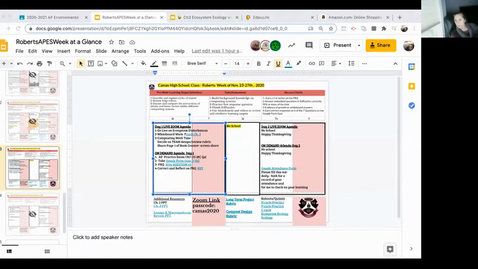Okay, let me find Aiden and Prabjeet. They are room 3. Well, no, they're not. Prabjeet, it looks like there's a mix-up there. So I'm going to put you in a whole other room that doesn't have anybody in it yet and move them out of that other room. There we go.